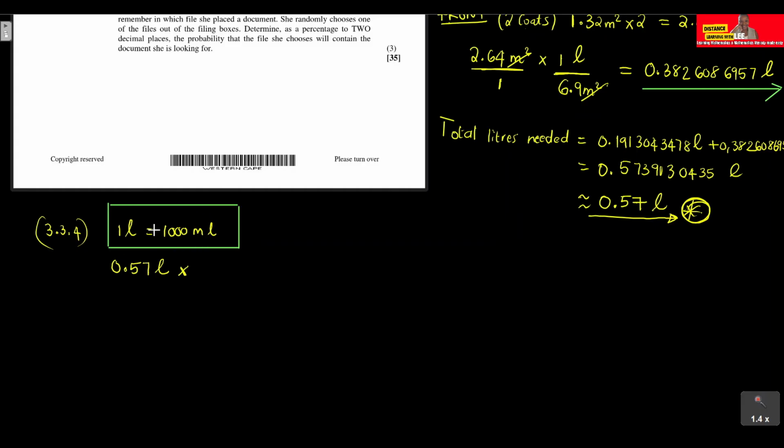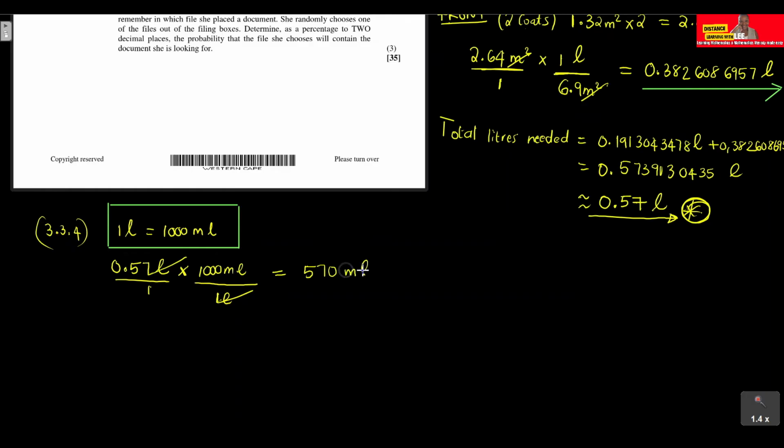Remember, we want our units in milliliters, so we can compare these two values properly. So you multiply by 1,000 milliliters, then divide by the units that you have. We've got units in liters, and here we see that they cancel. If you take 0.57 and multiply it by 1,000,